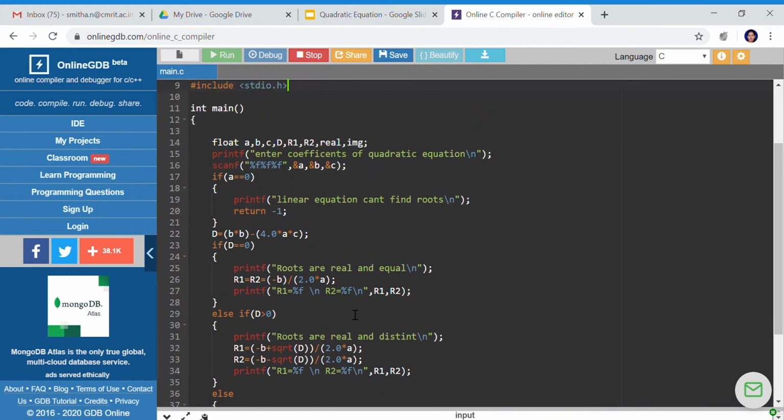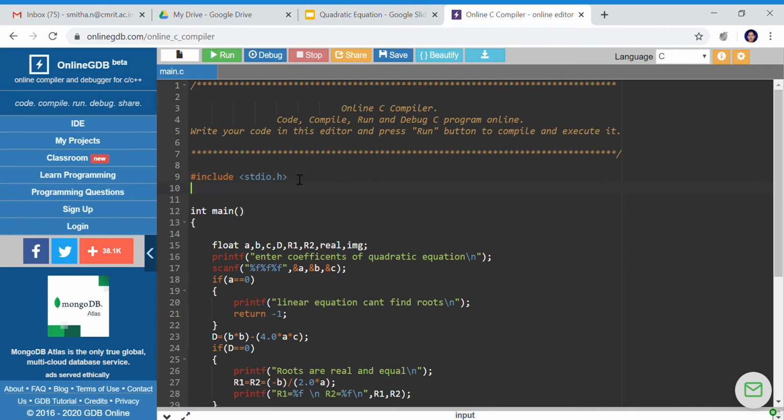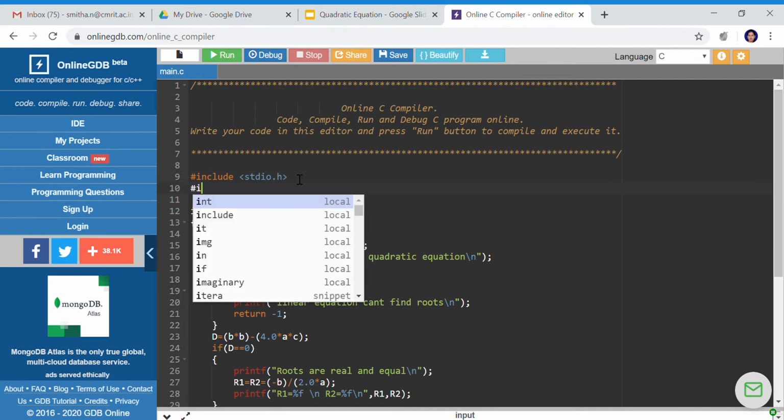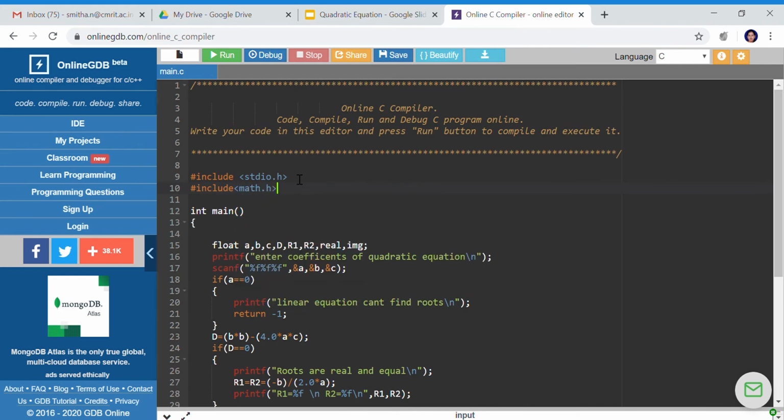it is showing an error for me because I have not included math.h. I have not included math.h, but I have used sqrt, so it is showing I cannot link. So I'll include math.h, then compile. I told you in my previous presentation that we have to use cc space filename dot c hyphen lm. So hyphen lm links the mathematical library with the function which we are using in the program. But I am using an online compiler and Windows operating system, so I am not using that hyphen lm command. I am using a GUI to compile.